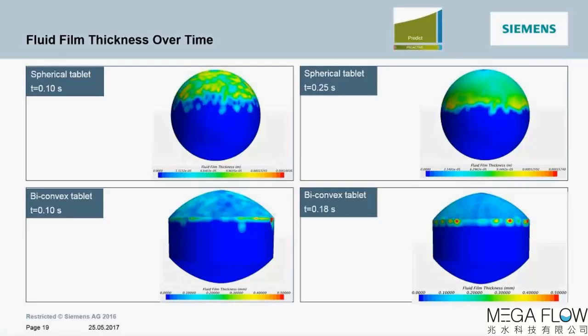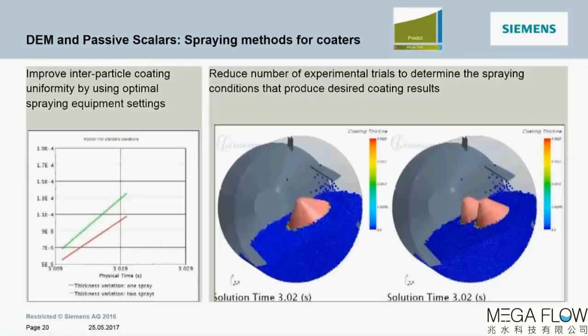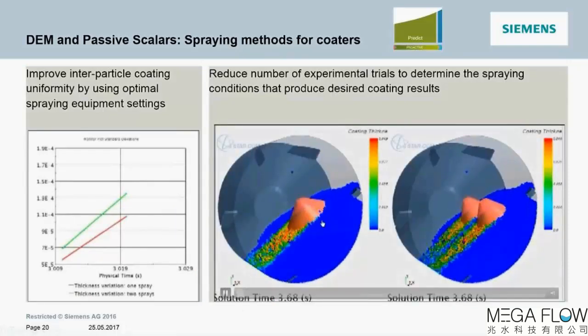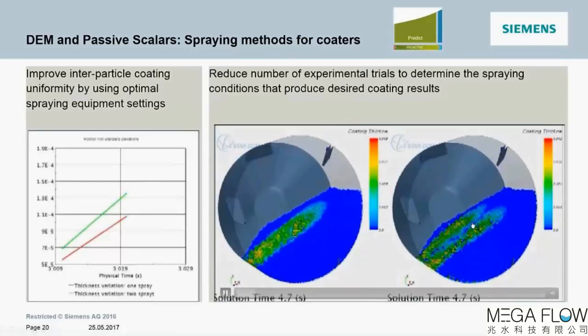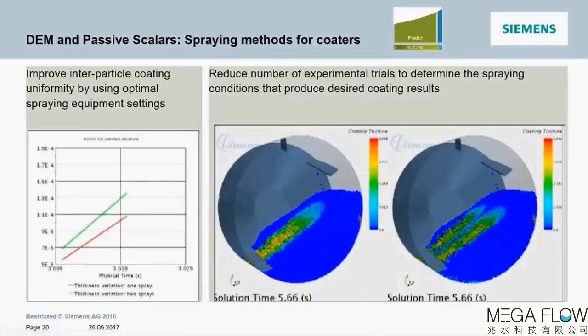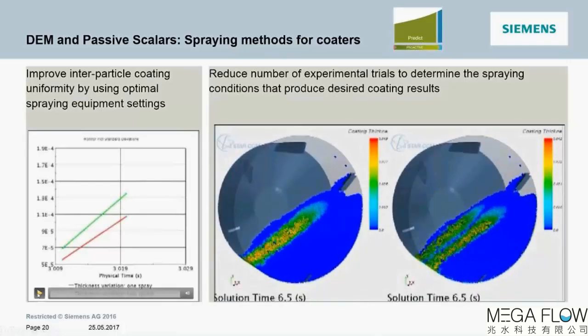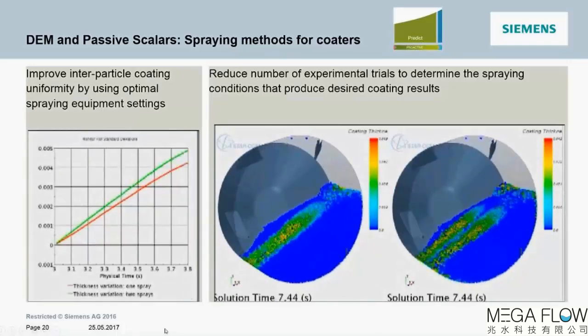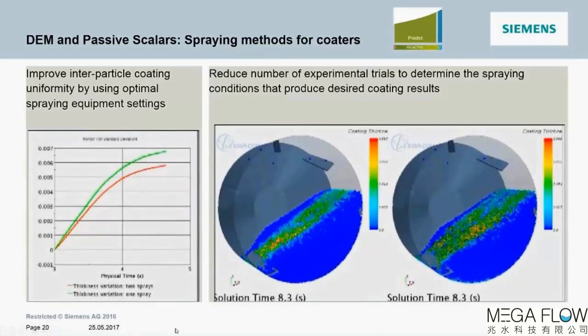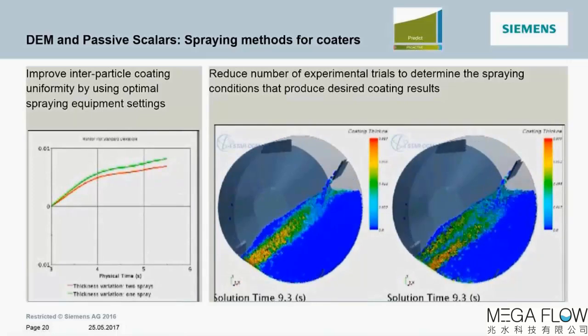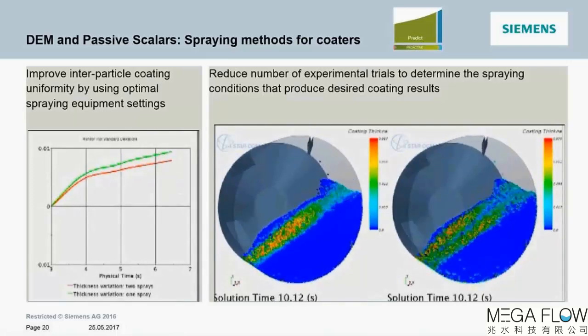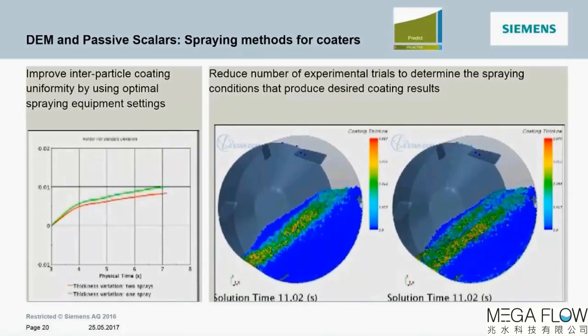And once it is known what the efficiency for coating of a single particle is, one can then use this information in a complete system simulation, whether it be in a rotary drum-type coater where we are looking at a comparison of a single spray versus two sprays and how that affects the standard deviation of coating, which is shown here in the left animation. And obviously what we see is that the two sprays is much more efficient and has a lower standard deviation